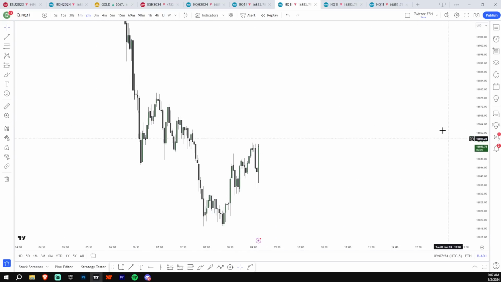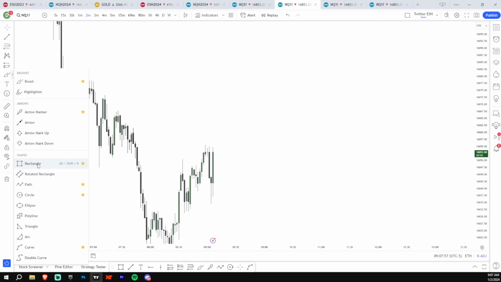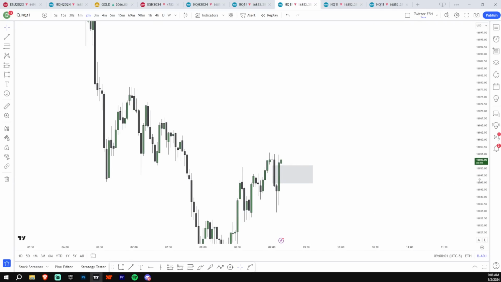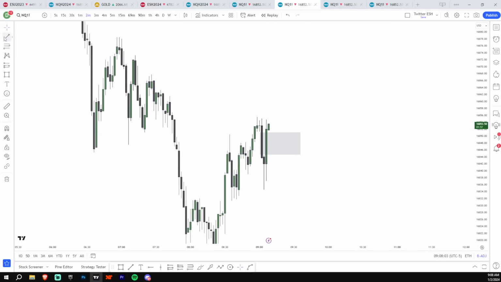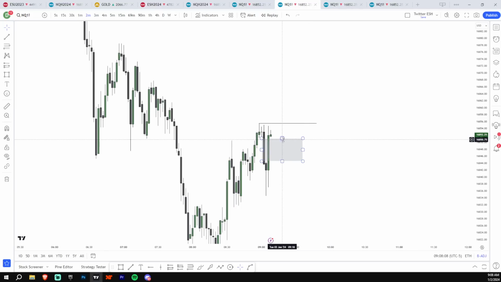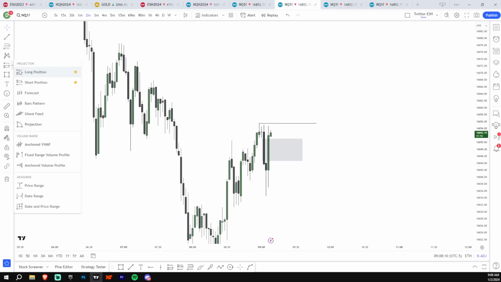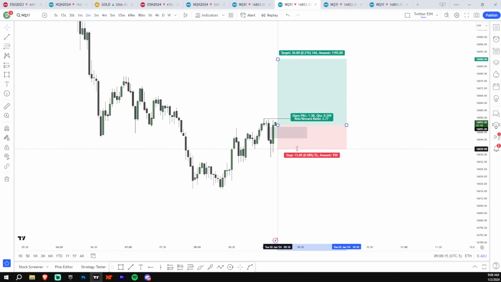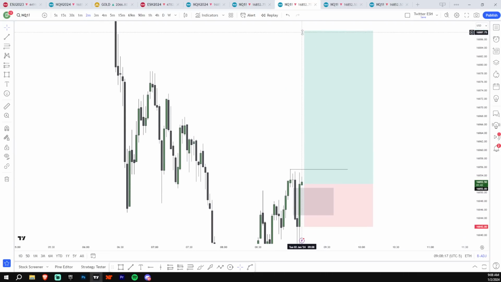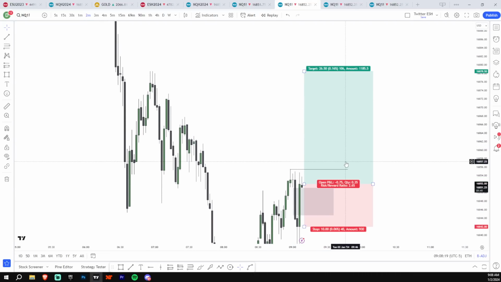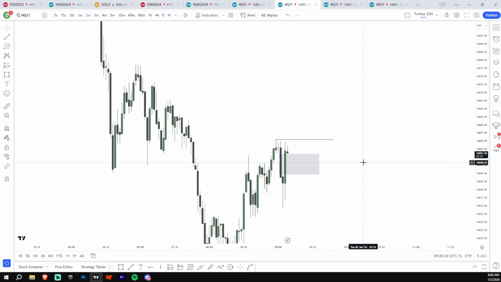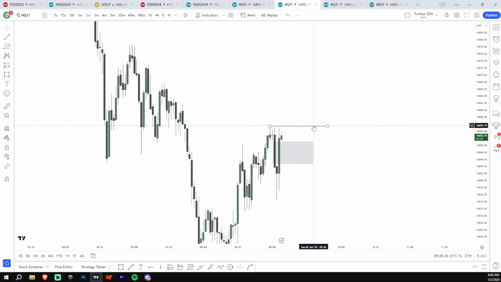This is actually another play, another demo play. If you guys want to try it, just another long setup. Again, I'm not touching it because the bias is obviously bearish. But again, this would be another long entry. And what you could do is stop the break even when we hit that high, and then you can target up here if you want. Again, I'm not touching this. I'm not bullish. I'm not going to go against the draw on liquidity. So just tape reading this again.